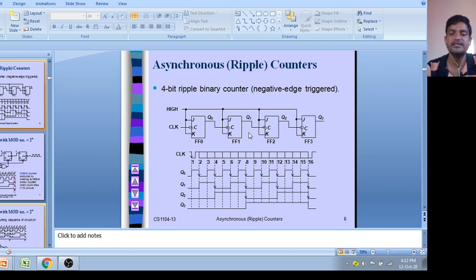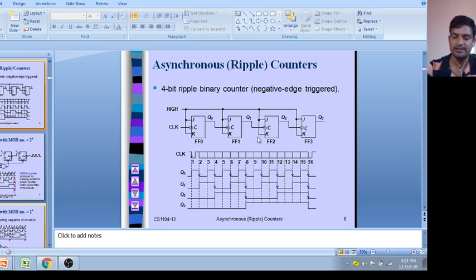But in this case you have to remember, now we will give uncomplemented output to clock input of next flip flop. Similarly here, I am using negative edge triggering. There is a bubble, I will be using negative edge triggering. Okay, and uncomplemented output. You can also implement up counter.